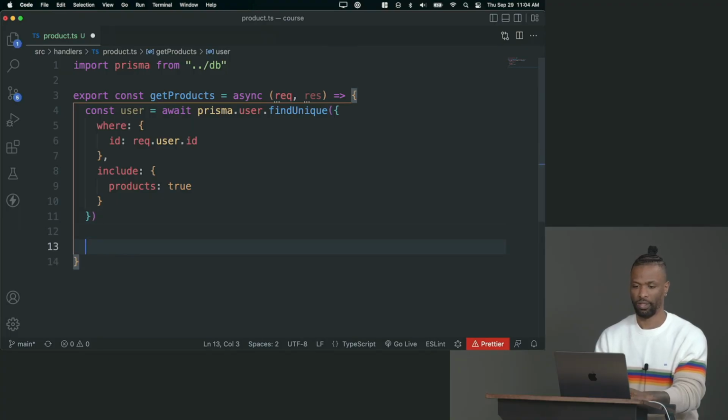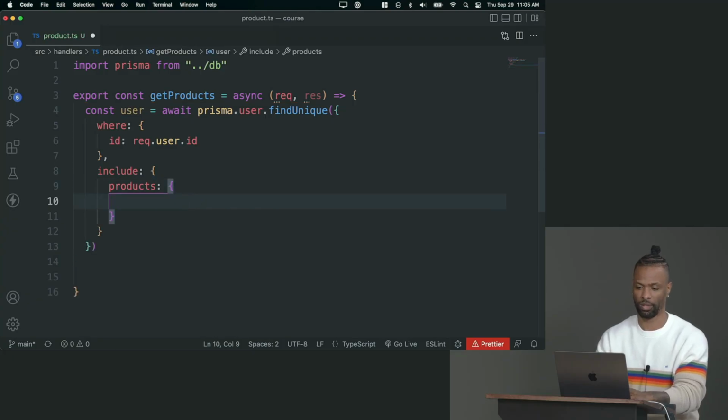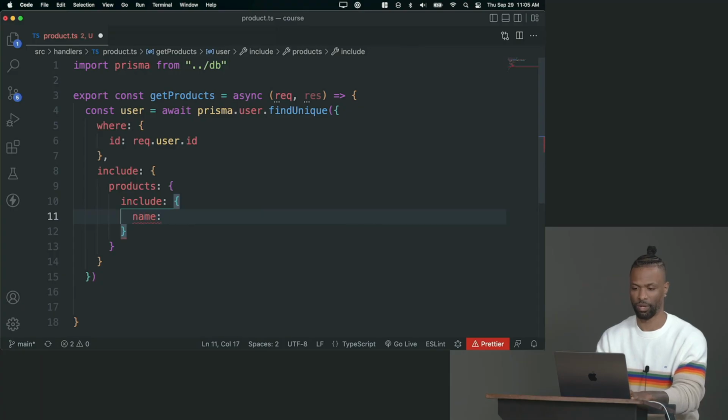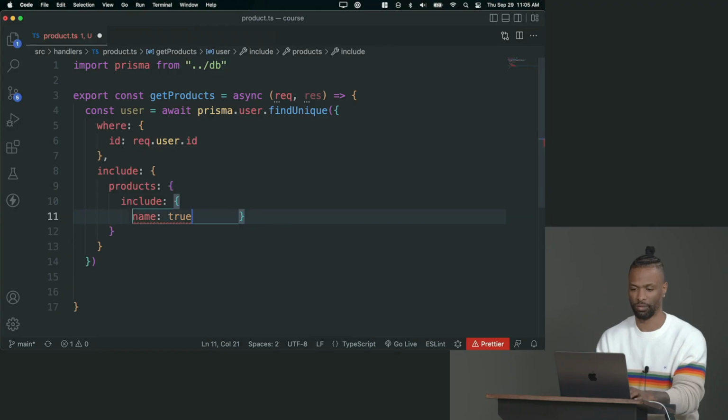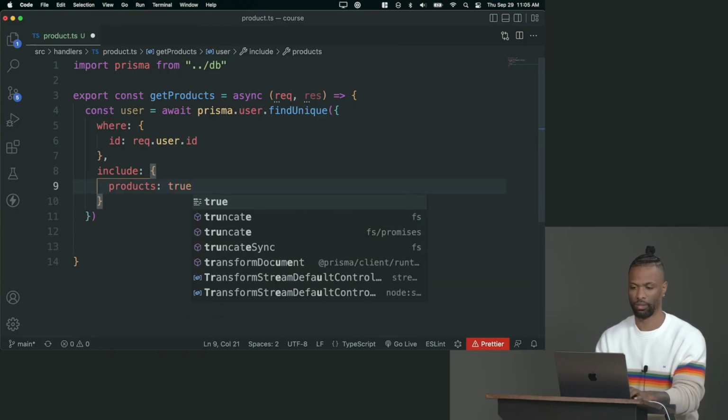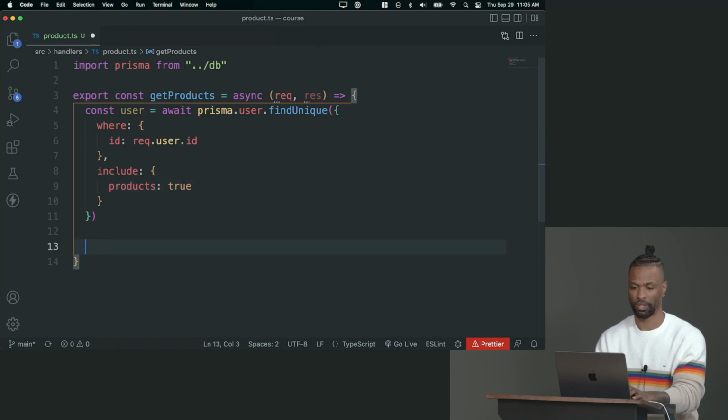So we have that. And then now what we want to do is, and you can even go further. You can say like, oh, include the products. And then for the products, include, like, what field does a product have? A name. You can say include a name field on a product if you want, or something like that. So it can get pretty deep, but we're just gonna get the whole product. Okay, so now I can say res.json